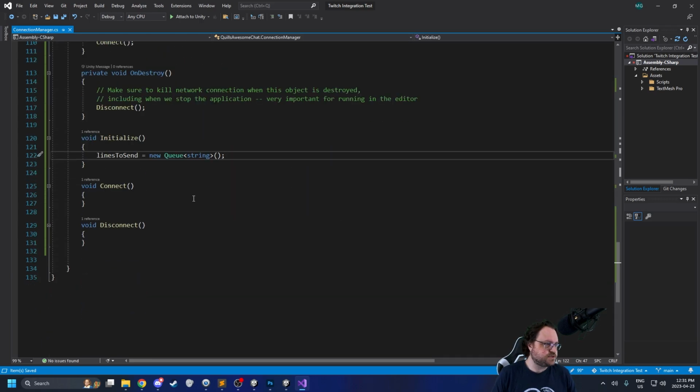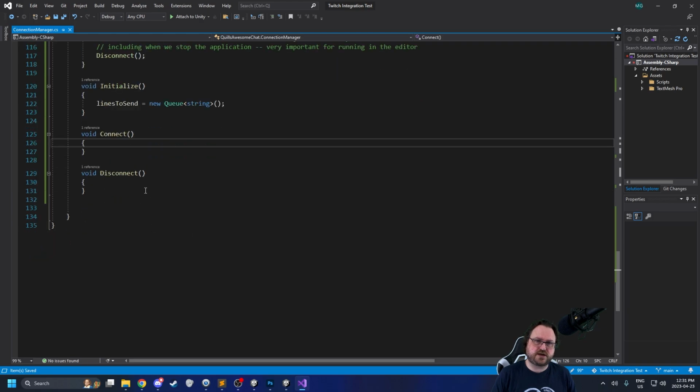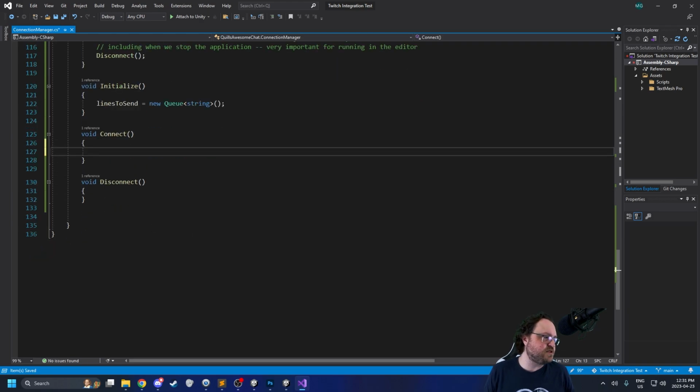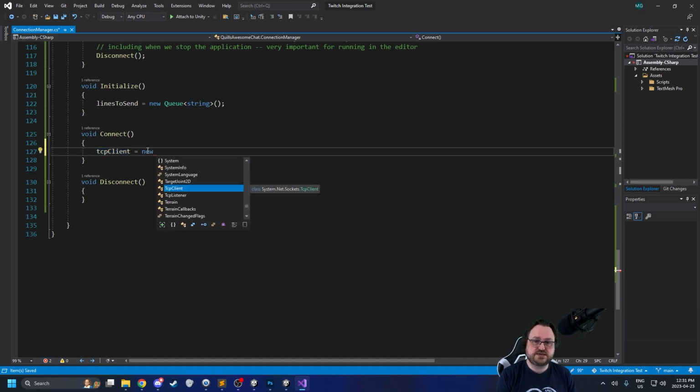Yeah. So I think we're probably ready to work on connect. Connect is going to get a little hairy, but not so much. It's nowhere near as hairy as the code to actually parse messages. Now, the big thing is going to be TCP client, which we defined earlier. We're going to make a new TCP client, and we're going to connect to